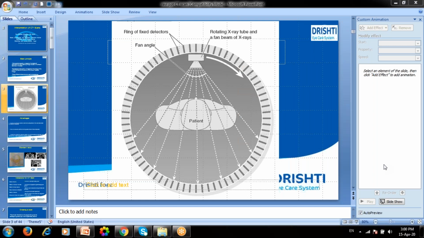The second thing is whether the mass is spreading or not. That again comes from the history only. Ask the patient, is the size increasing, or is it the same as from the beginning? So that is the second thing you need to keep in mind. The third thing, while seeing the CT scan, is whether there is any calcification or not. So if you combine these three things together, then you can easily identify whether it is a benign or a